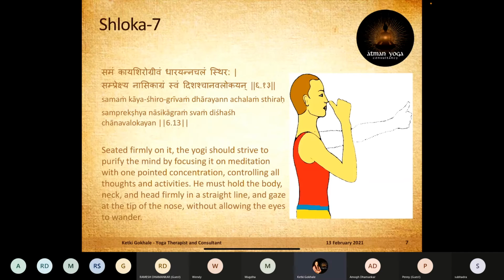All right. So after looking at these distractions, now we will look into our 6 Yoga Shlokas. So the Shloka 7th is Samam Kaya Shiro Grivam, Dharayanna Chalam Sthiraha, Samprekshanasikagram Swam,